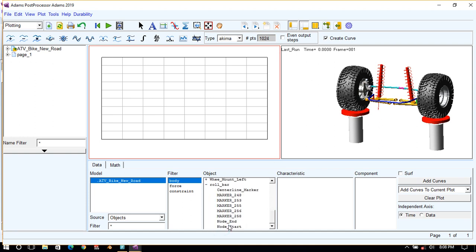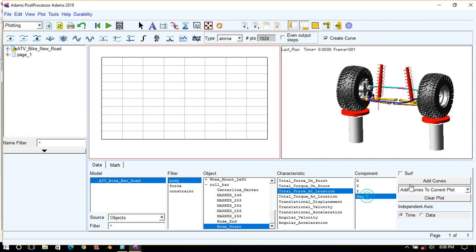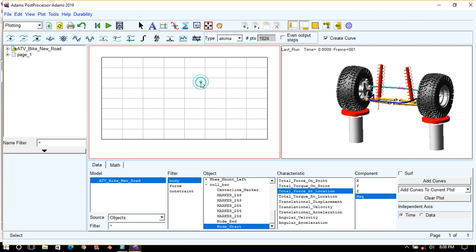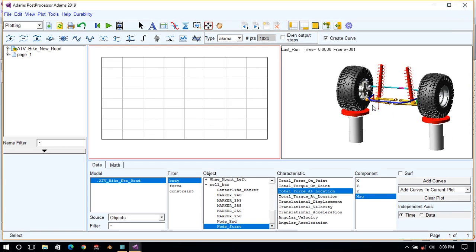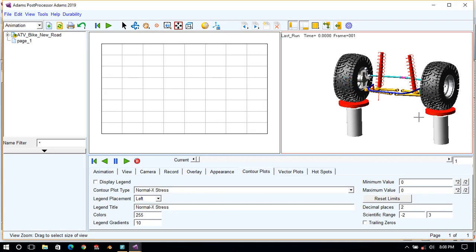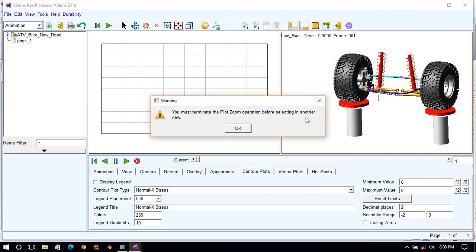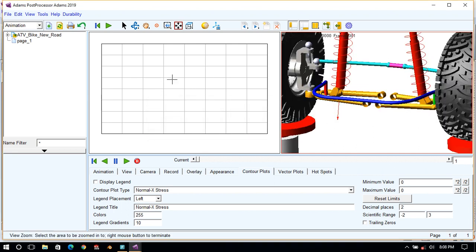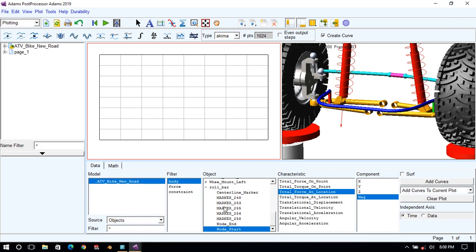So go to the roll bar, node end, node start, total torque, total force at location, add curve. So it is showing force. So this way you can extract output. There will be some document about extracting the output of the FE part, but you have to use some latest version, because in an older version it may not show.